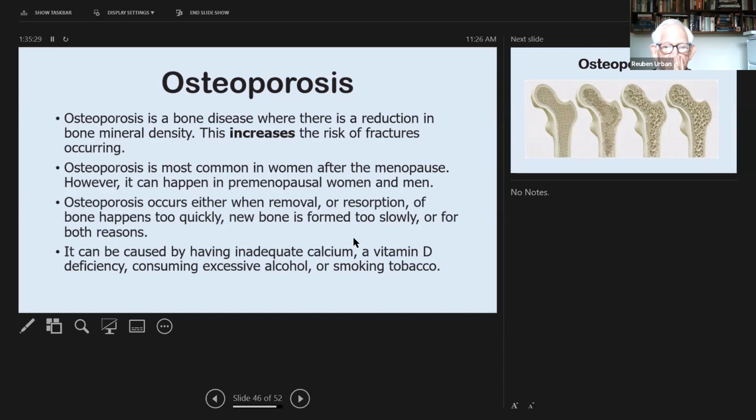And without the vitamin D, which the sun would produce in the skin, their bones, which are quite plastic when they're young,